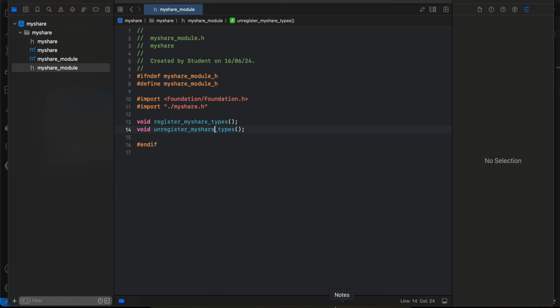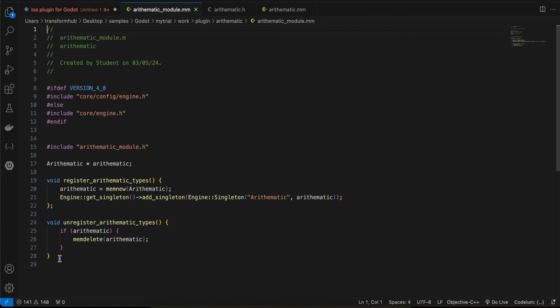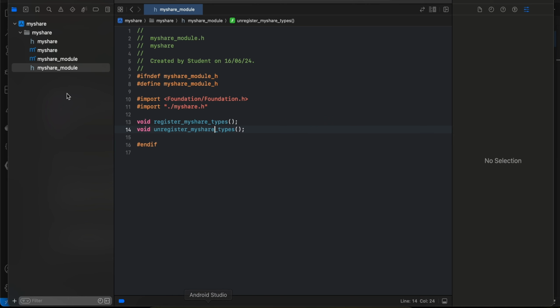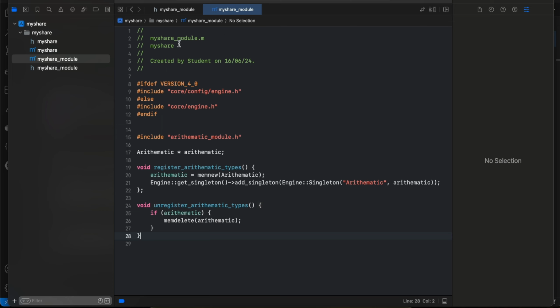All right, okay, so this is done. Next we'll have to copy this particular code as well, arithmetic underscore module.mm, and I'll paste it over here. Next I'll just copy my share over here as well as over here, but here the m should be capital, and then again over here as well, then over here as well,